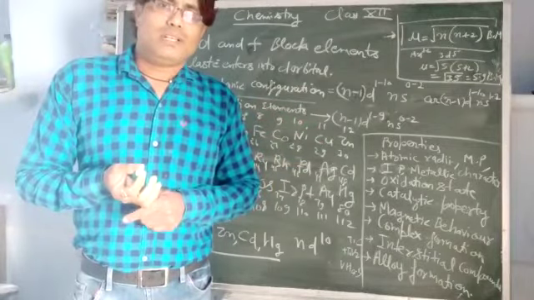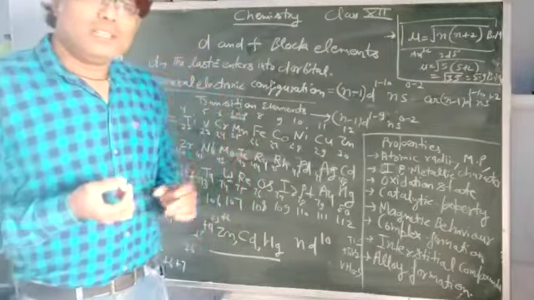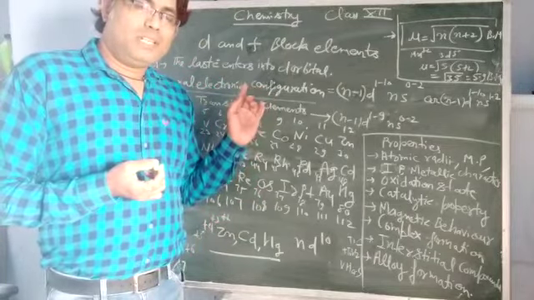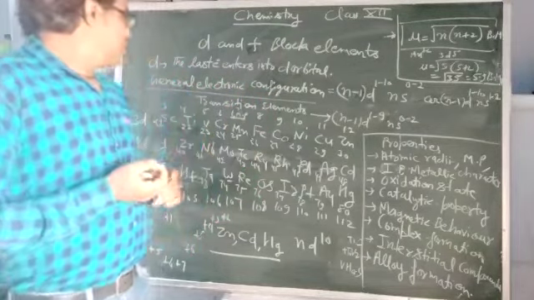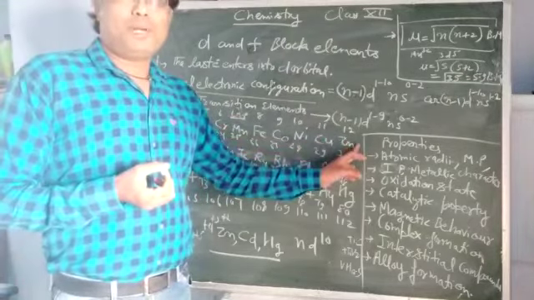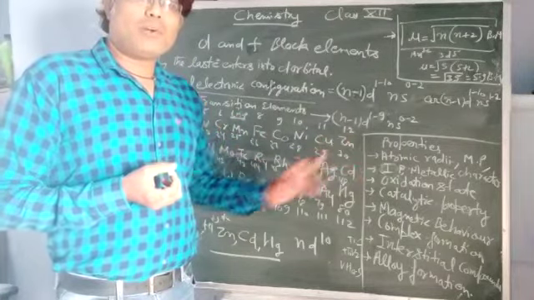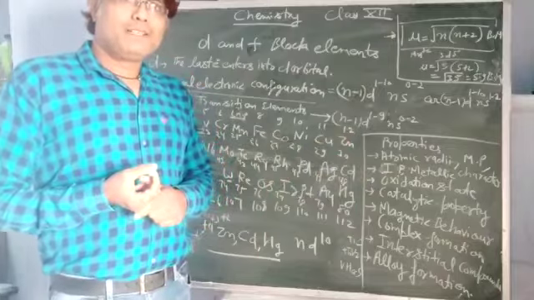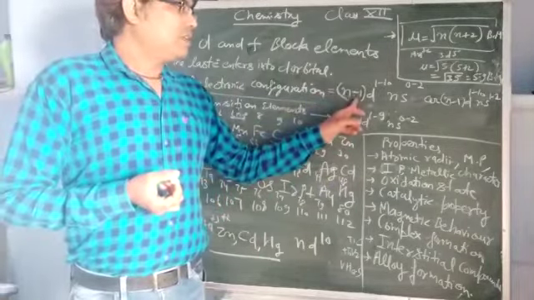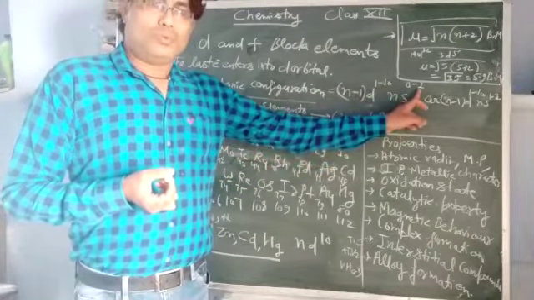So actually they are also called transition elements, and if we see the position in the periodic table, these d block elements are members of the 3rd to 12th groups of the periodic table, or if we see the long form of the periodic table, they are all members of B subgroup. The general electronic configuration of d block elements is (n-1)d1 to 10 ns0 to 2.